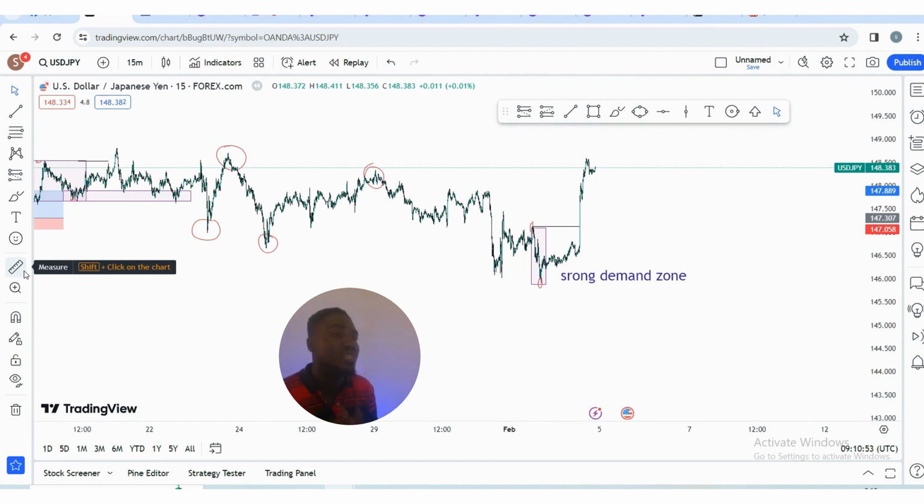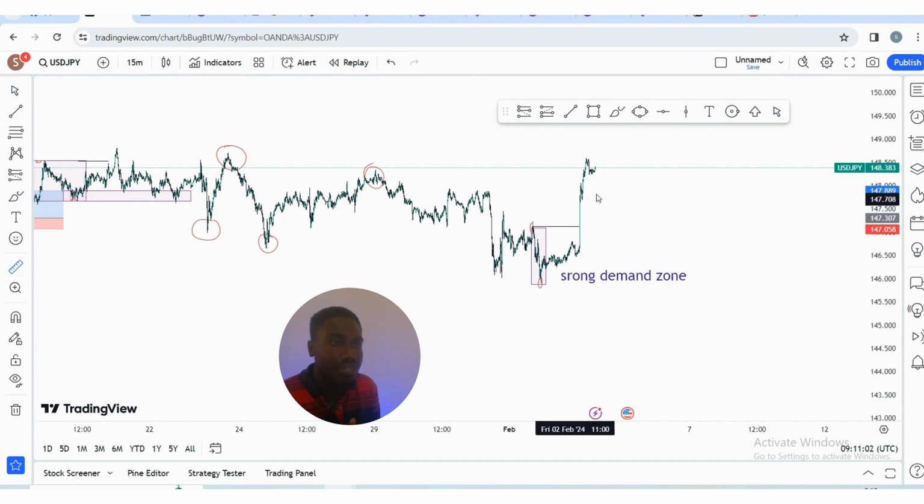We use this thing to measure. It does almost the same thing as the buy, the short position and the long position. So you can hit it, left click, come to the chart, and left click on the chart. Now it depends on where you move it, up or down. When you move it up like this, it's going to measure the number of